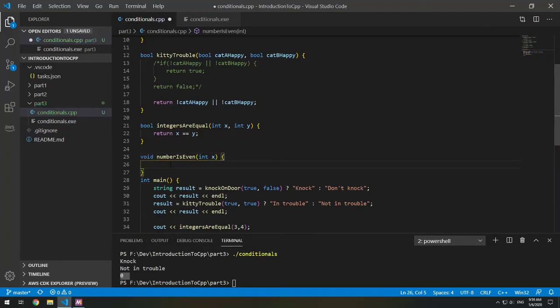So we can determine if a number is even if it's divisible by 2. So how can we check if something's divisible by 2? We use something called modulo. So if x mod, which is a %, 2. What this does is it says, what is the remainder for x? If x doesn't have a remainder, which means it's 0, then it's even. If it does have a remainder, it's odd. So if this equals 0,